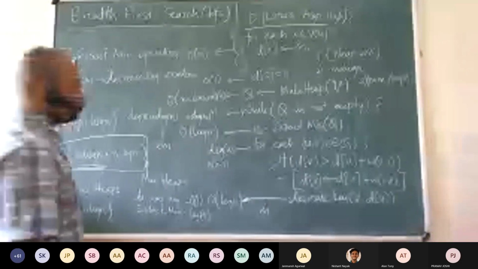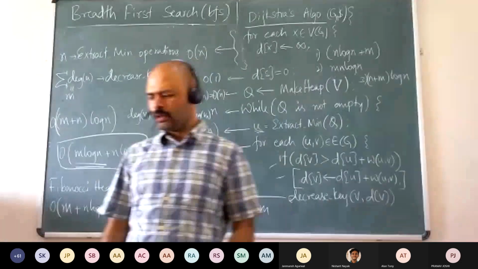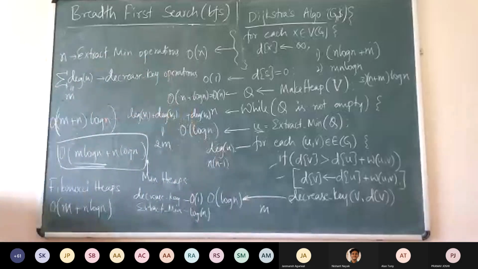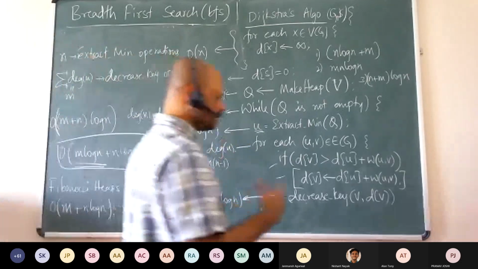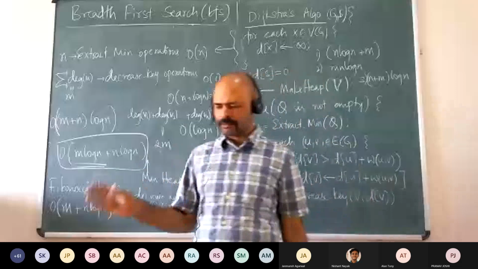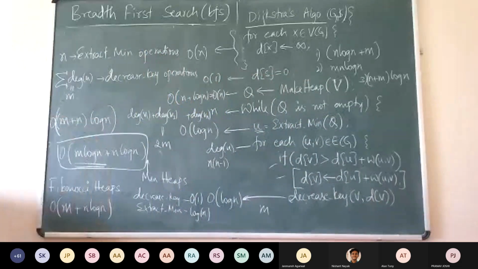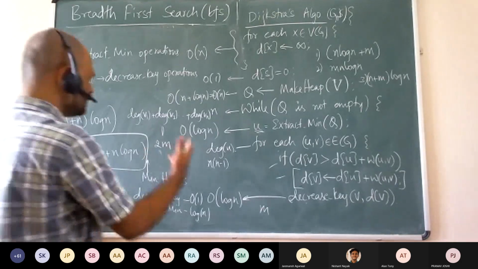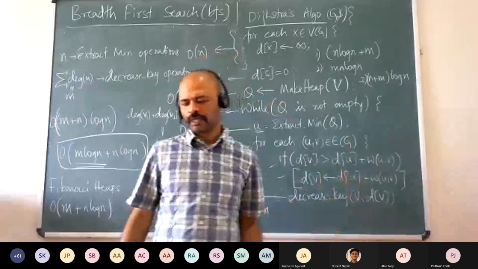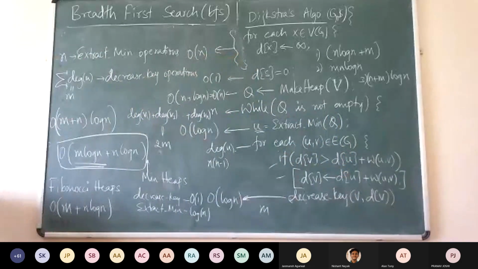Think about this now. Tomorrow we will continue with this and try to see what happens when there are negative weights. Suppose there are negative cycles reachable from the source, you can't do anything. That becomes a very difficult problem, and the shortest distance is not defined at all. But suppose there are no negative weighted cycles, but there are still negative weights, can we do something? That is what we will see in the next class, probably half of tomorrow's class, and then we will continue with other problems later.